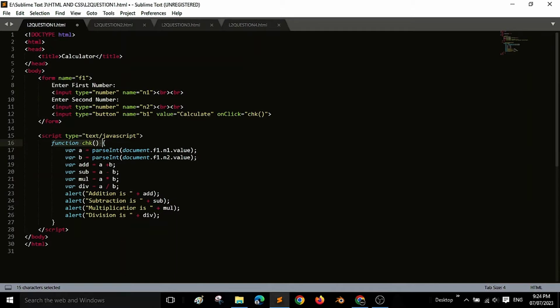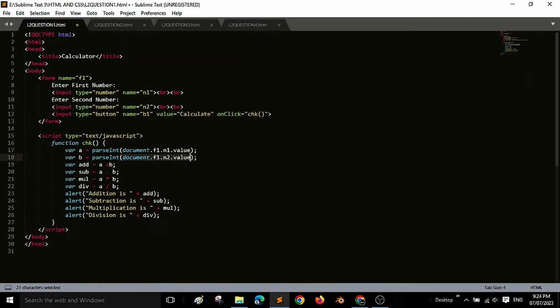So now inside the function, the values of two input fields. Which two input fields? This enter first number and enter second number. The values are retrieved by using document.f1.n1.value and also document.f1.n2.value.